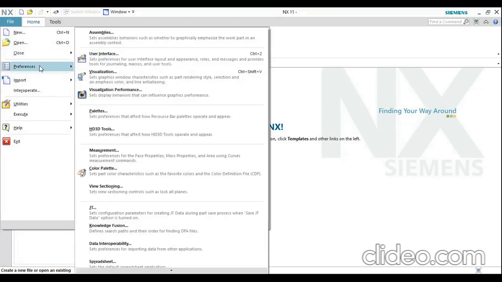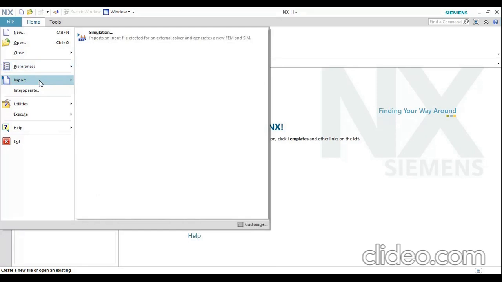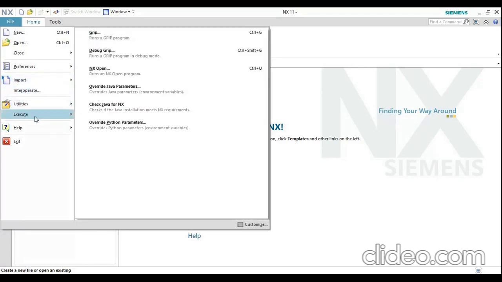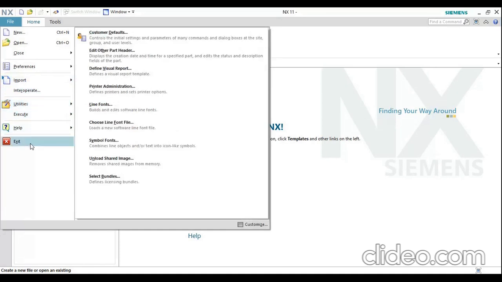The next, preferences, will be the settings of this NX. There is also an import option. If any other format parts or 3D models were generated, those parts will be imported here. One by one we will explain these later.